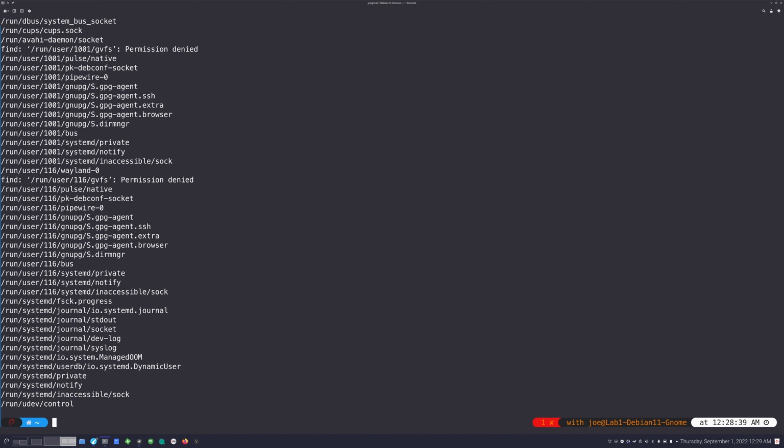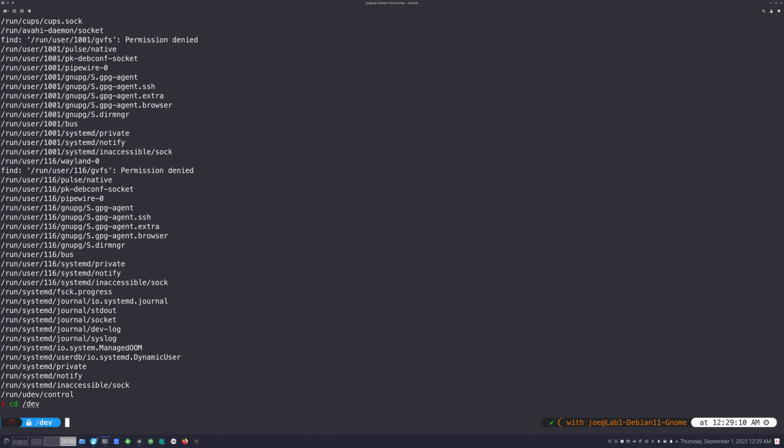In a sort of backend kind of way, I guess, which we can find as well. I'll get to that one. But the next one would be block devices. So we should cd into dev for this. This is where this will be the best. So if we want to find all the block devices, what are block devices? Block devices would be like your hard drives, CD-ROM drives, thumb drives, stuff like that.